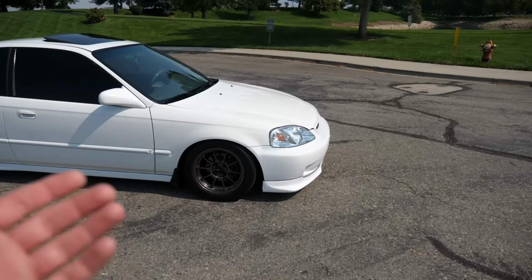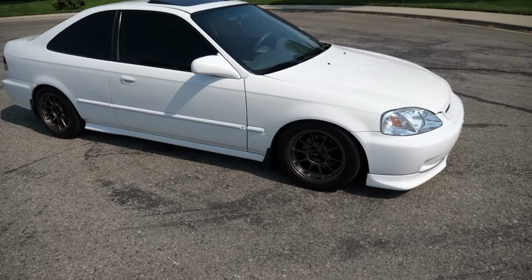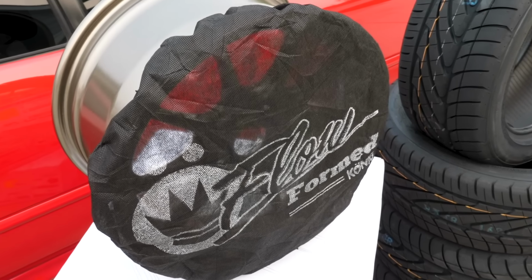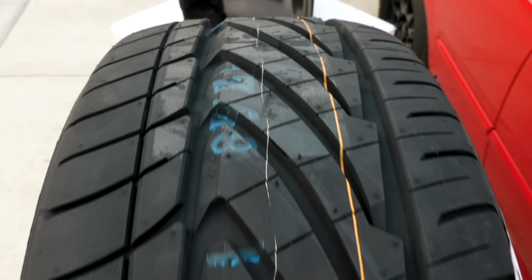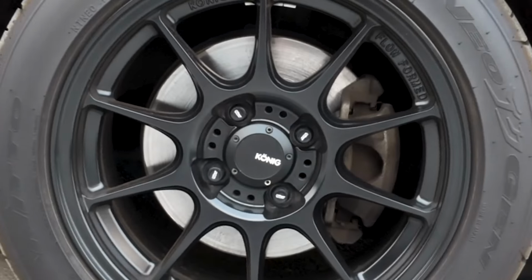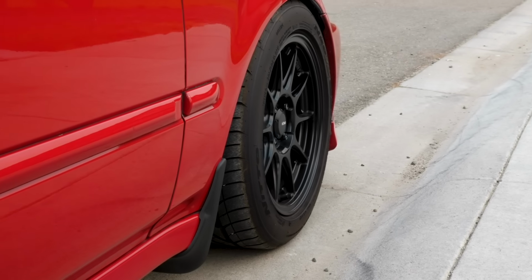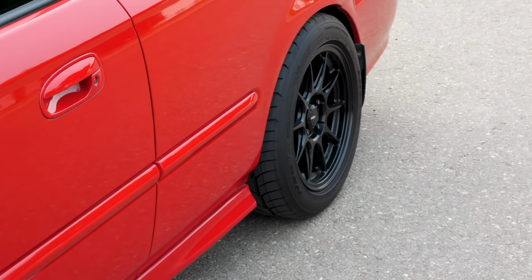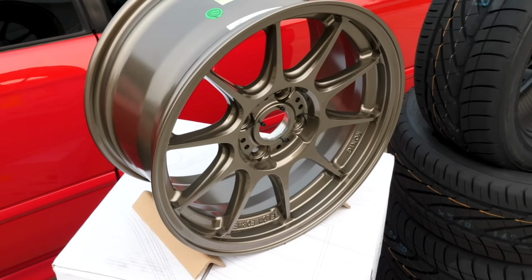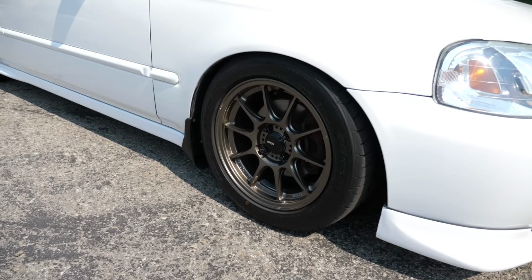So once the car got some new paint on it in a couple different areas here, it was time for the wheels and tires. I had gotten the wheels and tires after waiting for several months. I think they were on order for 2 months before I finally got them in. The wheels are the Koenig Decograms in the 15 by 7.5 size with a 35 offset. Now these are the gloss bronze color that you probably can't see super well because of the shadow here, but